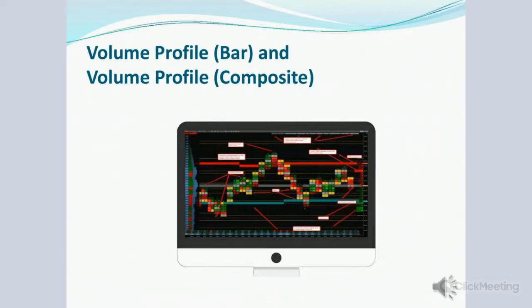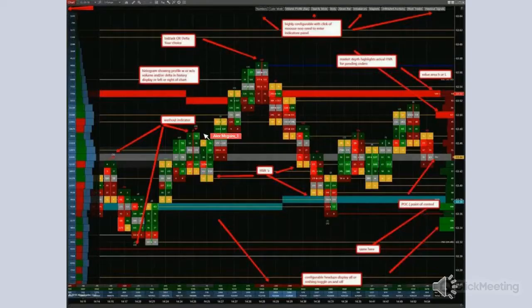Volume profile bar and volume profile composite. See the chart on the next slide here too. Volume profile refers to the volume distribution of contracts traded at each price or tick over a period of time. Here we've used range bars, and it is another important feature of an order flow indicator. Price support and resistance can occur at peaks or spikes where volume is high and at valleys or gaps where